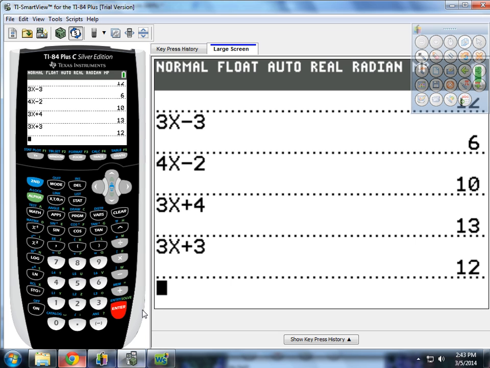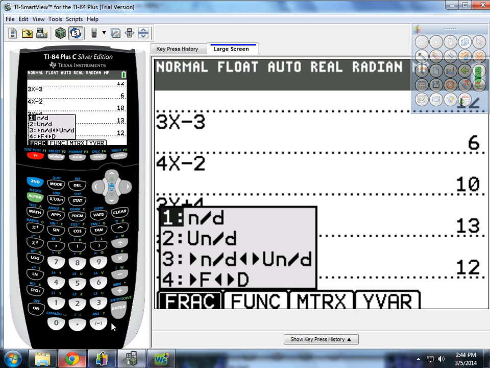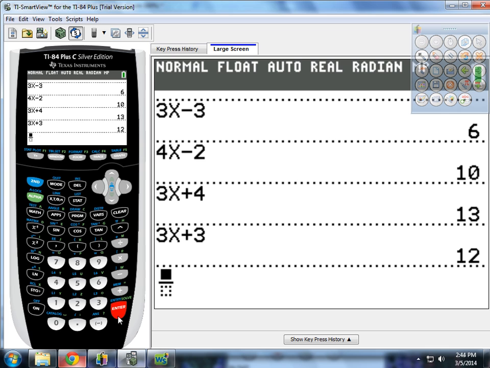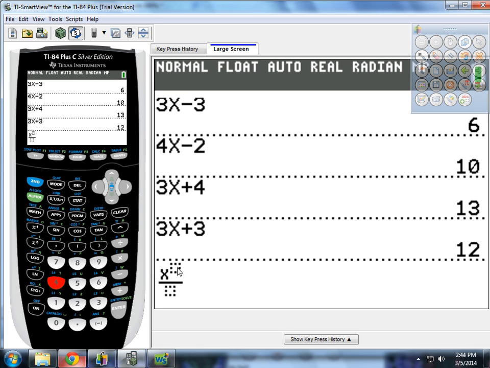All right, so what we're going to do is plug in X's for all of it in our original problem. So we've got X to the 4th, X to the 3rd. Before you do that, we need our division bar. So alpha y equals, press enter. Now I've got my division bar. Okay, now I'm happy. So we've got X to the 4th, and don't be like me and leave your thingy up there. All right, then you got X to the 3rd,